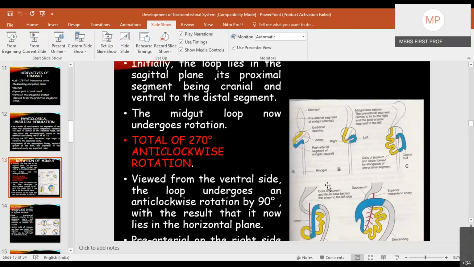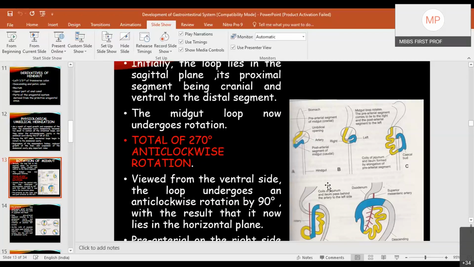It is oriented sagittally in the 6th week. जब ये वापस आने लगता है 10th week में, तो meanwhile ये right and left हो जाता है. Now this right and left remains as such,